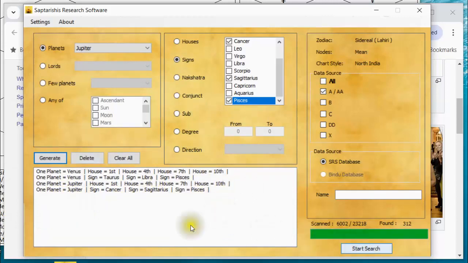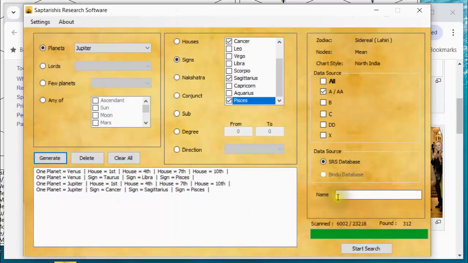Now, if I hit search, it is searching to make all 4 of these lines be true simultaneously. In other words, Venus must be in a kendra, and Venus must be in one of these signs where it's strong, and Jupiter must be in a kendra, and Jupiter must be in a sign of strength too. That's what I intend. That's what my little 4-line program here says.